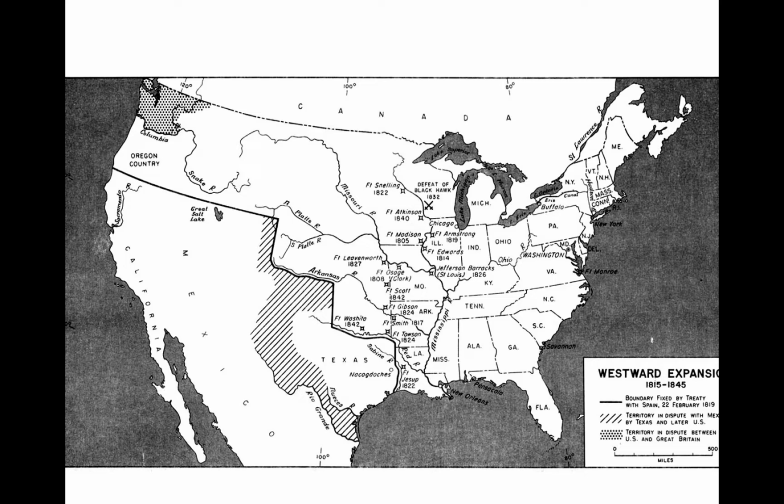This is manifest destiny at work. The Anglos within Texas wanted to be a part of the United States. The United States wanted them. So this went to Congress, and they figured it would be a technicality. Congress would annex Texas, it would become a state, the end. But that's where it gets complicated.